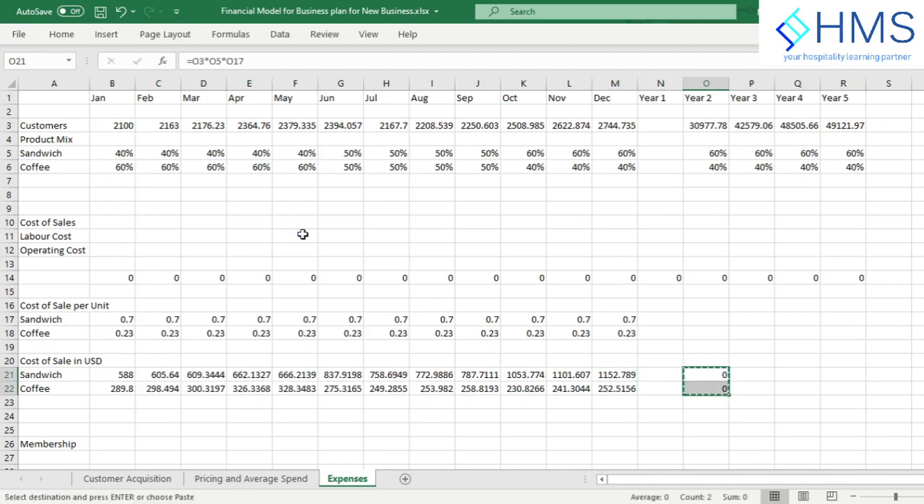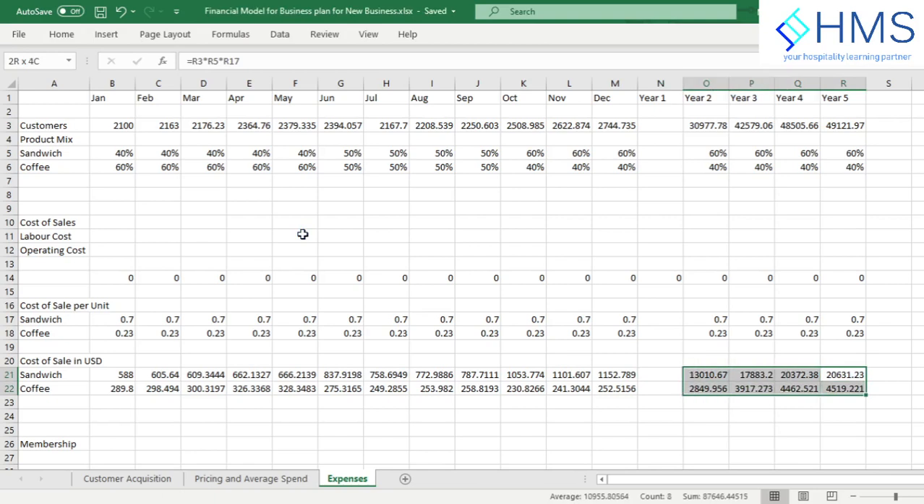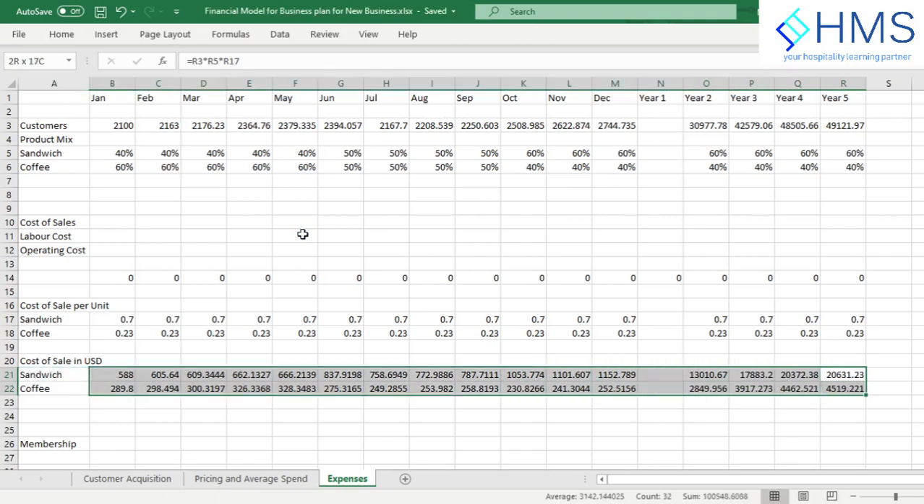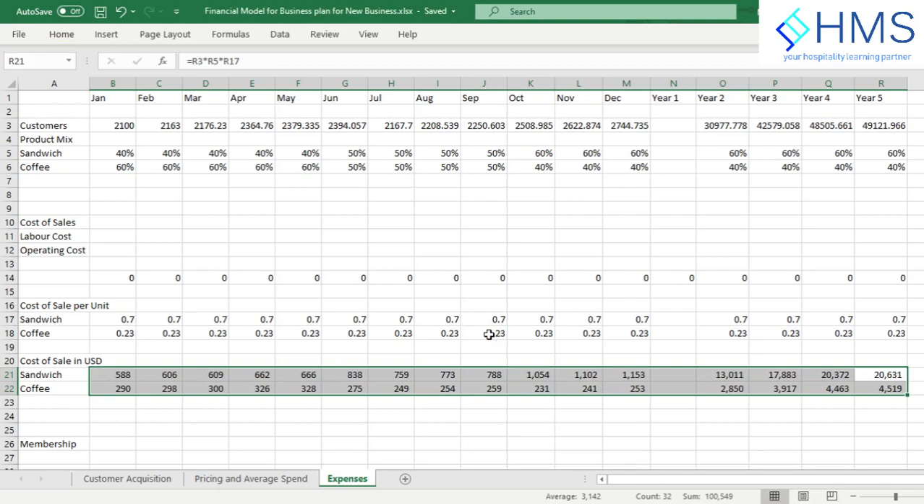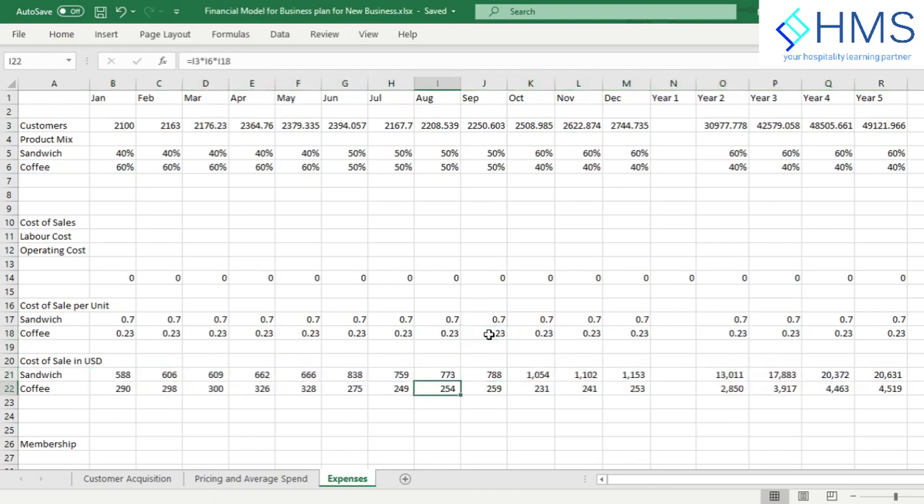But oh, we haven't done the cost of sales here. So this is the cost of sales for each and every line item. Here we have calculated it. You may also factor in if there will be any increase in the capture ratio here, or the